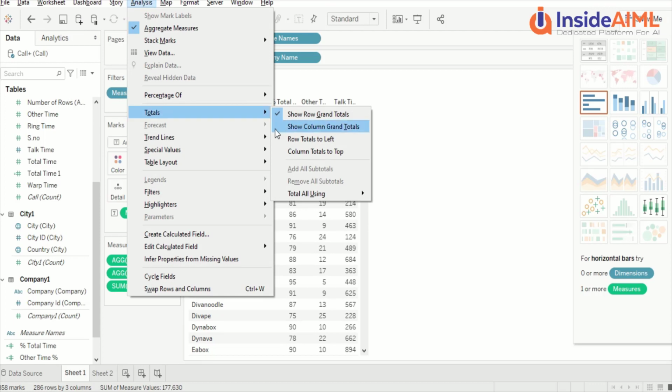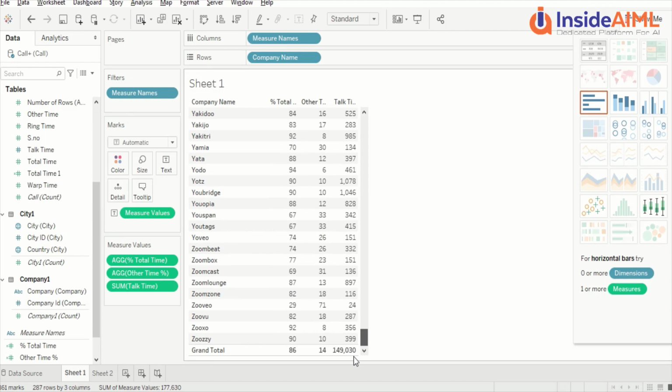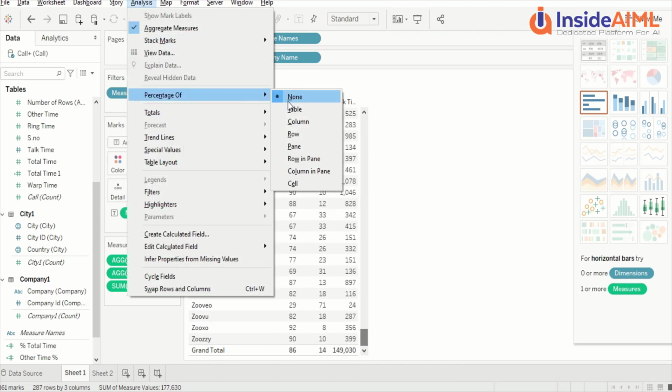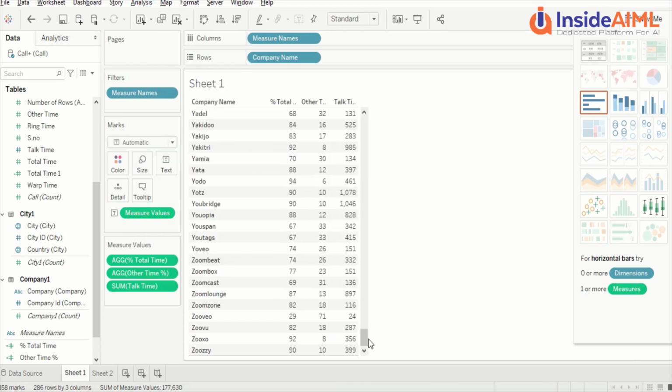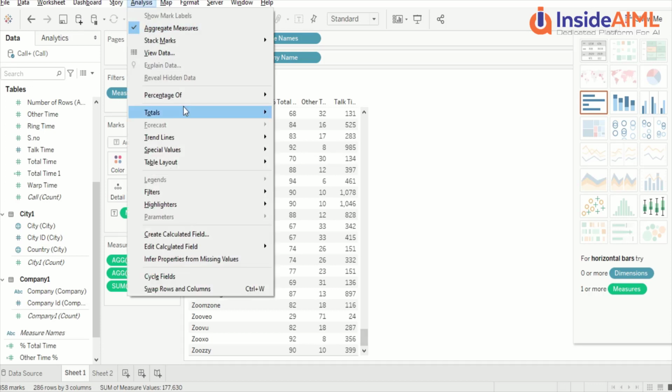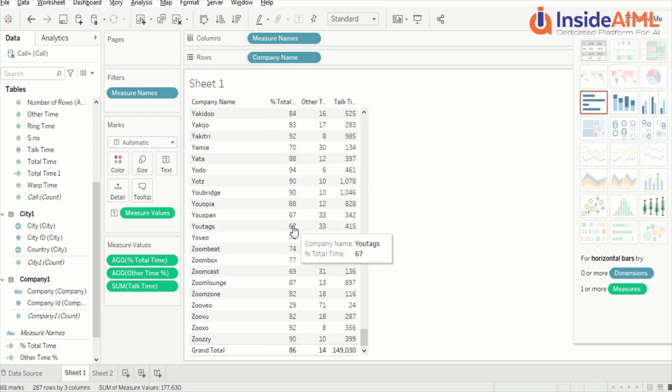Let's check it out. Okay, we got it actually. This was below. Let's uncheck one of them and see which one is working. So the row grand total is on the rows, and the column grand total is on the column. So we have taken a column grand total here. Show column grand total.